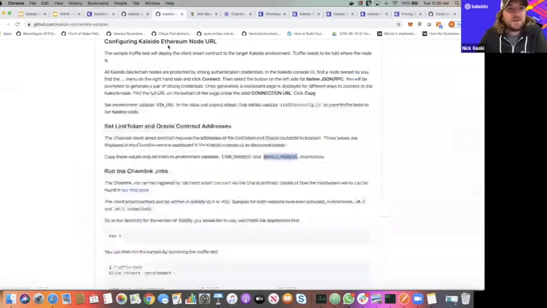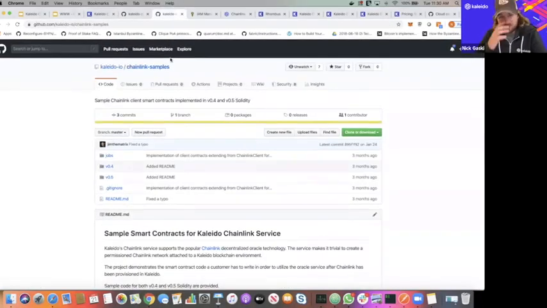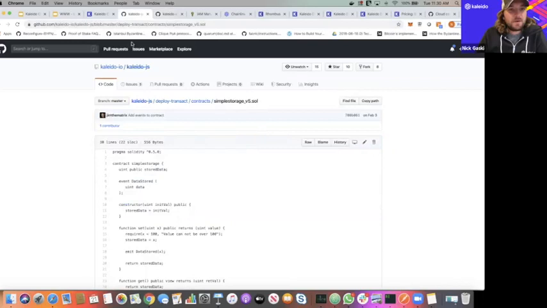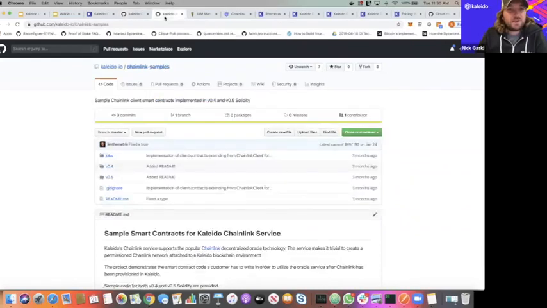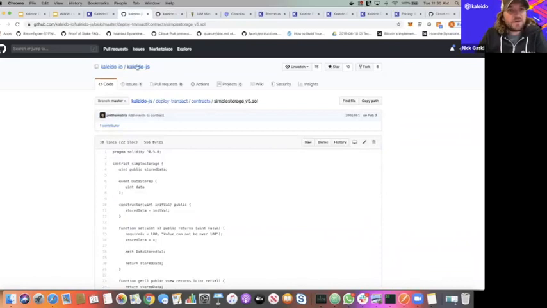Yeah, so this is a public GitHub repository here, github.com/kaleido-io. I think we have at least a dozen public libraries, whether they're automated frameworks, drivers, service examples, or Web3 client library examples. Two are really worth looking at: this Chainlink one, obviously very apropos to today, but also our Kaleido JavaScript example,